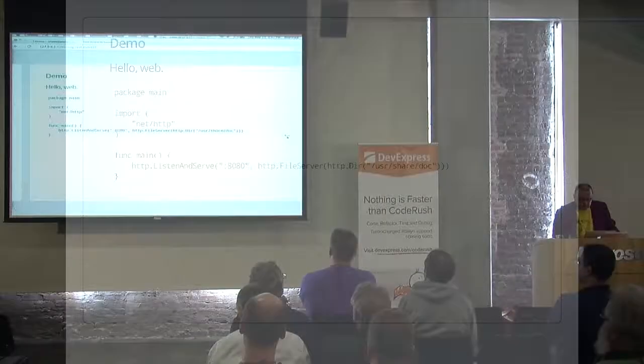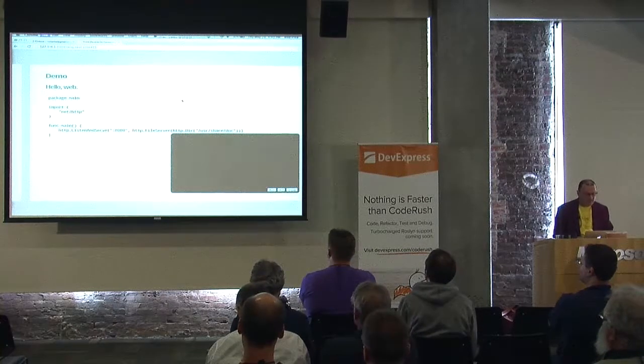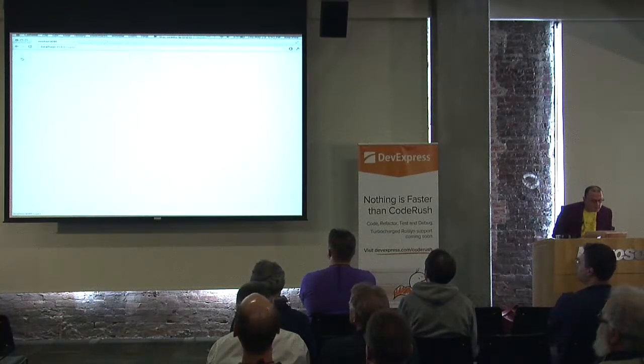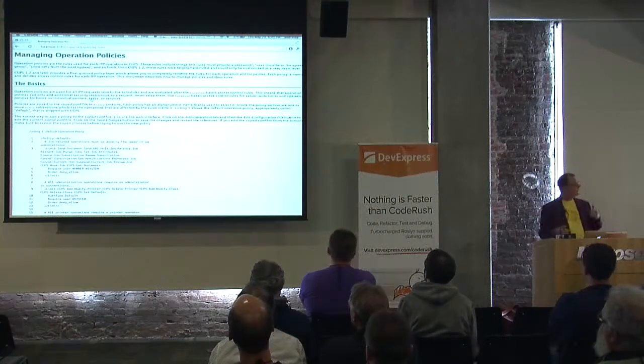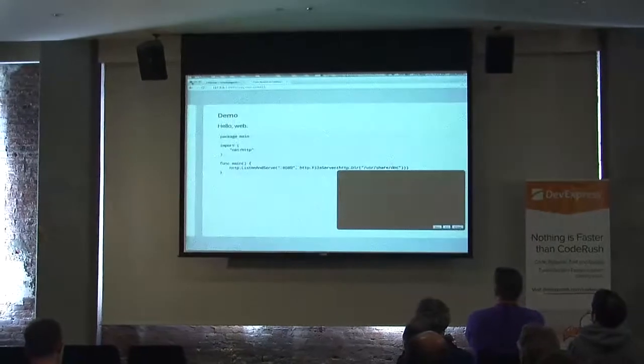It's a web server. Let me see if I can run it. Okay, so here we go. This is running a file server. Let me pick a page here. And you can see I can whack around here. Okay, so this is all being served out of that program I just started from inside my slide deck, which